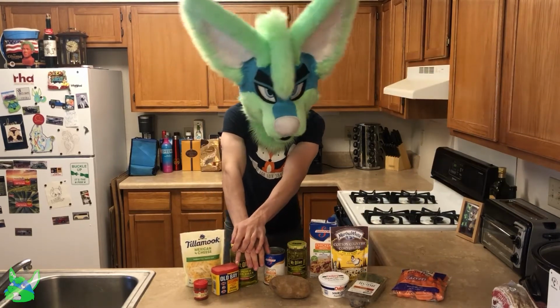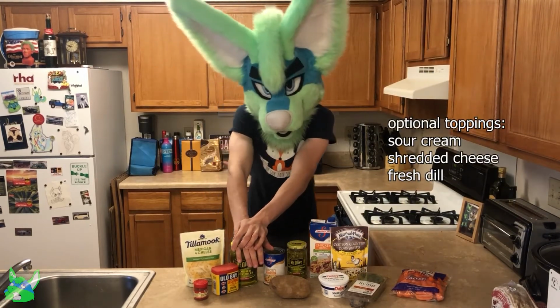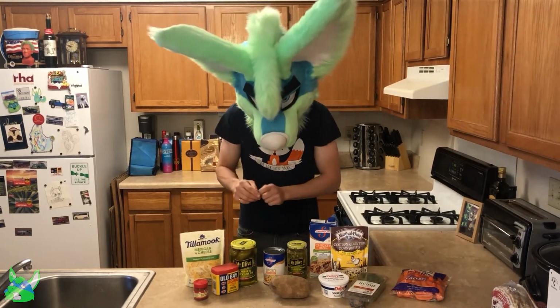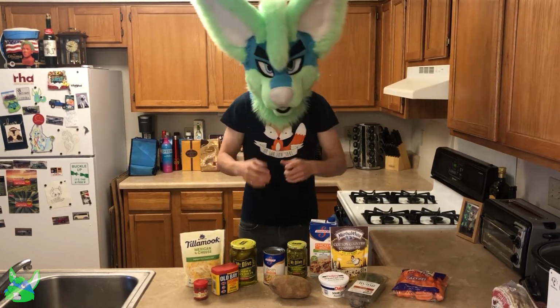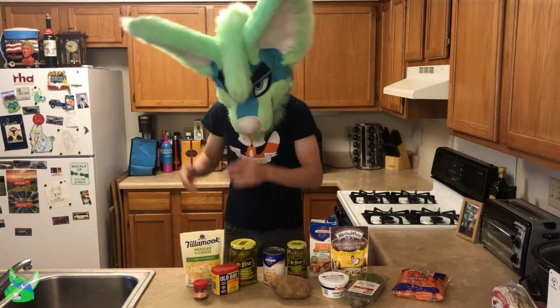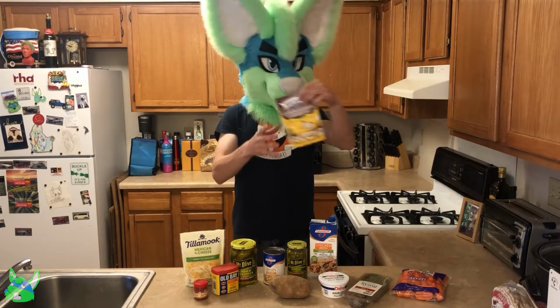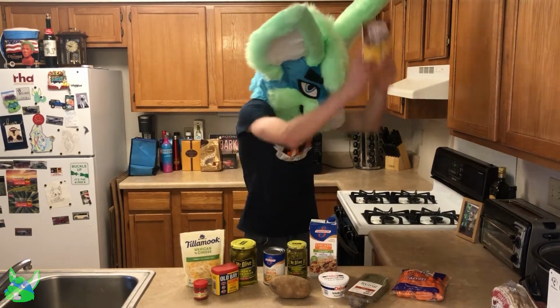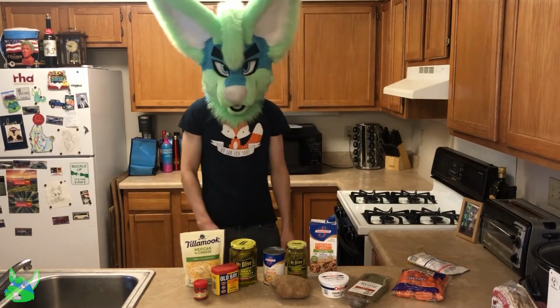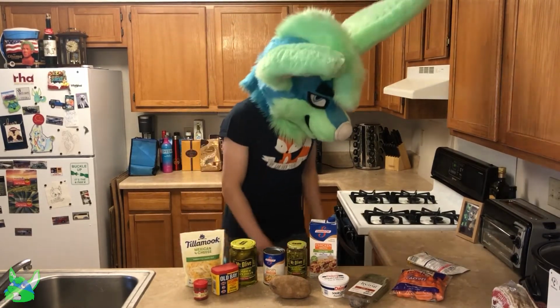Some are easy, some are more complicated. I went with one of the easier ones just so we can start out simple, because of course, I'm trying not to make this too complicated for those of you that don't have much time to make food yourselves. So you can see we got a lot of good things here. I decided to choose some cornbread for the side again because cornbread is good. And if you say otherwise, I'll eat you. So yeah. Okay,